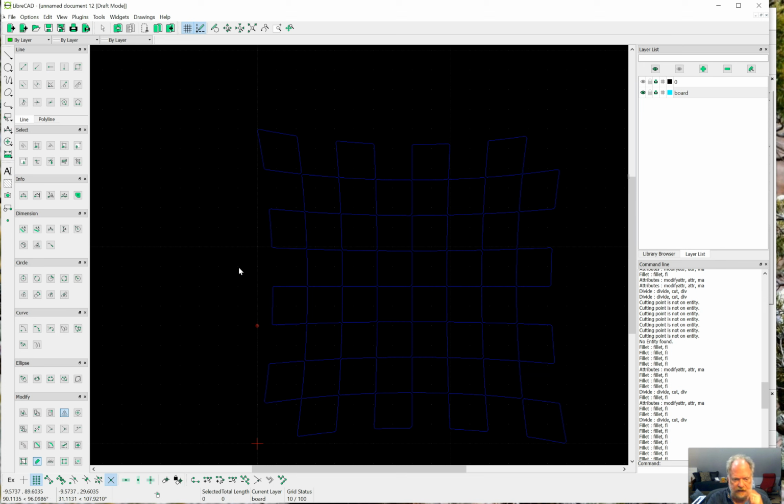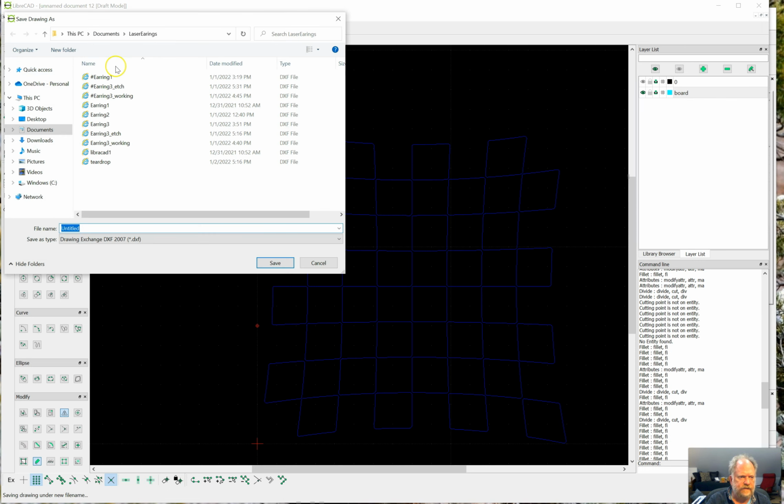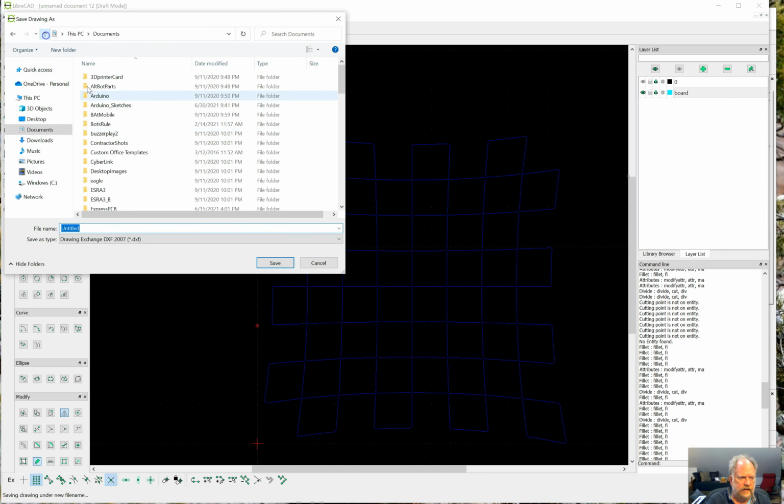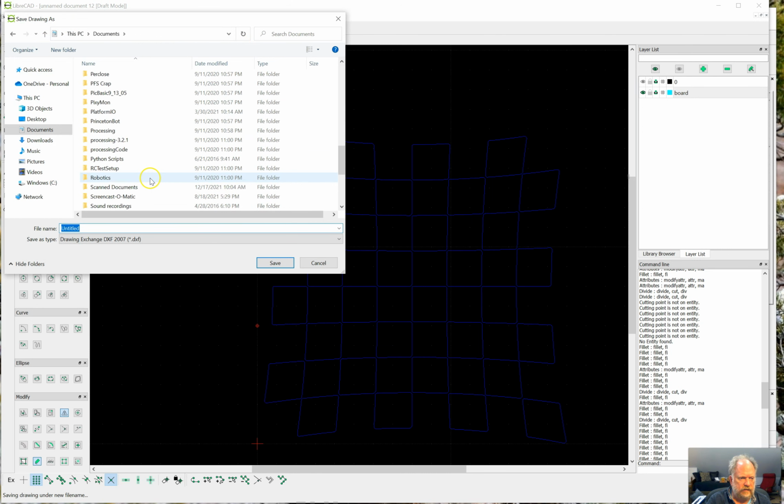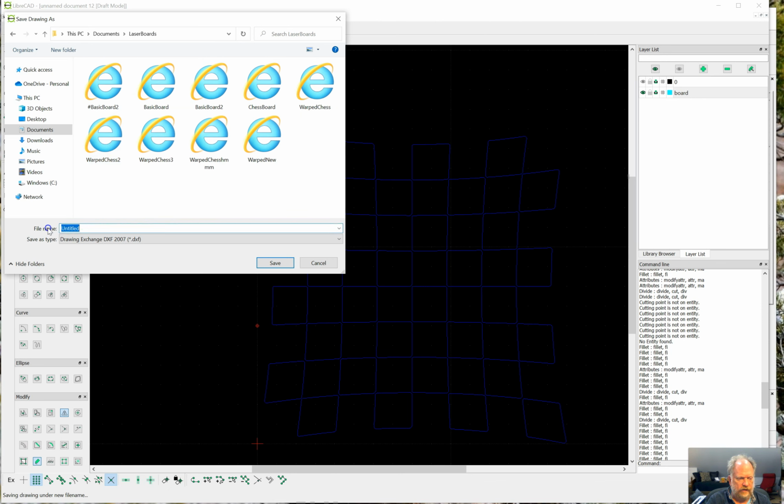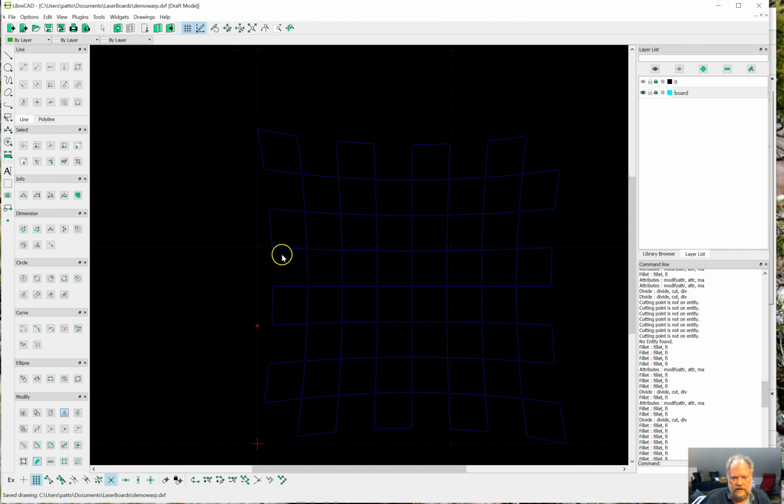Okay, so ultimately, in fact, we can do this real quick. Let me show you where we are, and then we'll move on. So I'm going to File, Save As, and I want to bring this up, and I'm going to put it in my laser boards, and I'll call this Demo Warp. Okay. So if I open up Demo Warp,